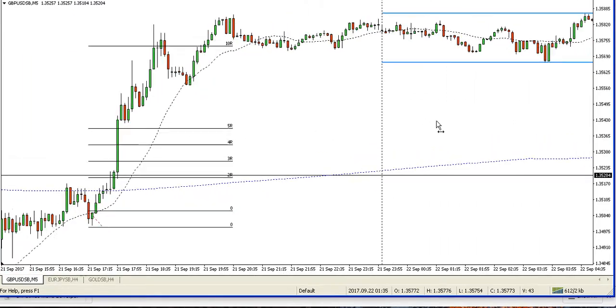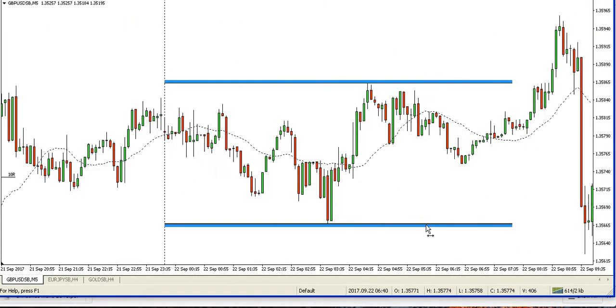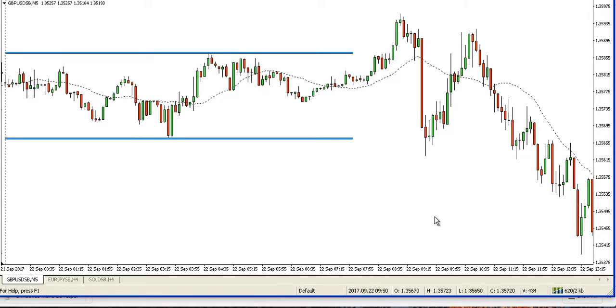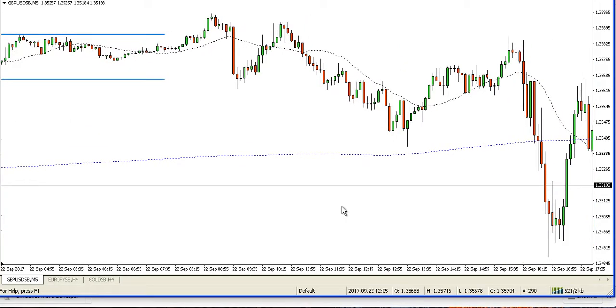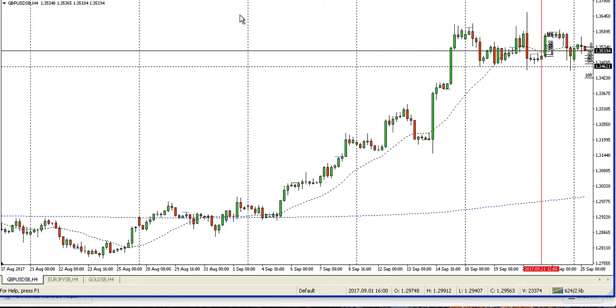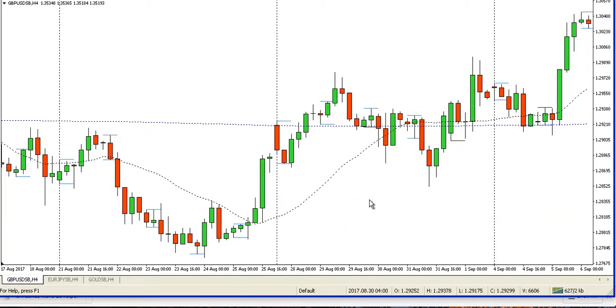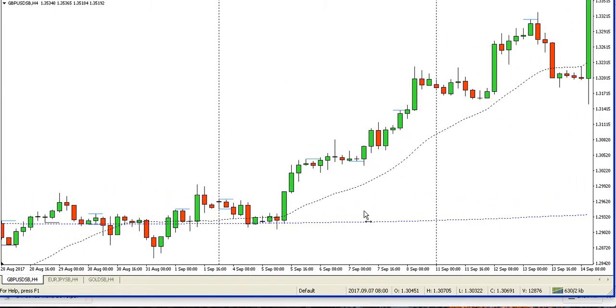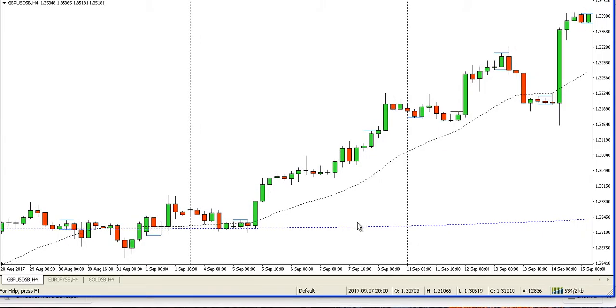One good thing about it is you can scan multiple pairs for setups. Okay, and although there's a lot of action, it's not like you have to be at the charts all the time. You could quite easily, if we look at this recent uptrend in the pound, you can see that